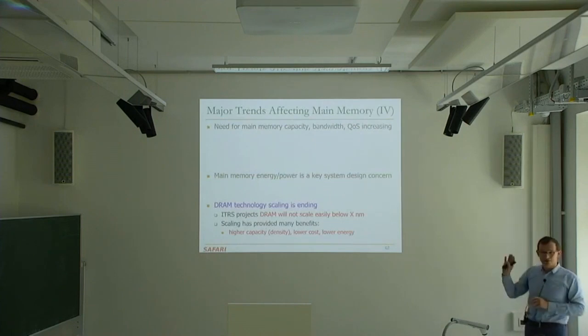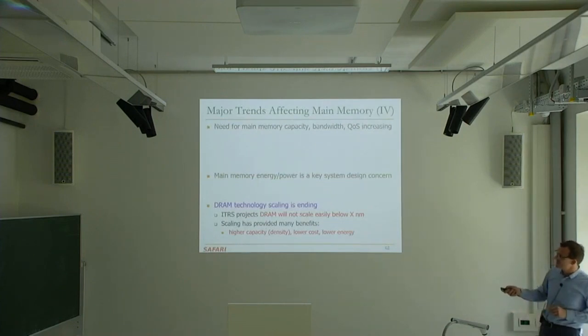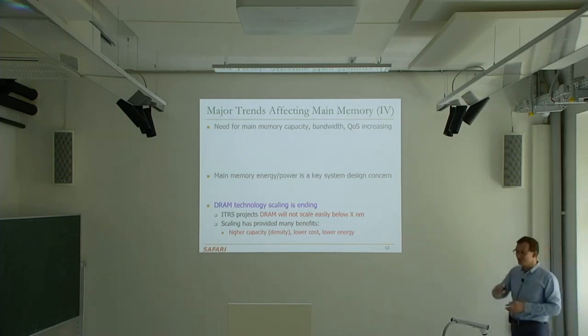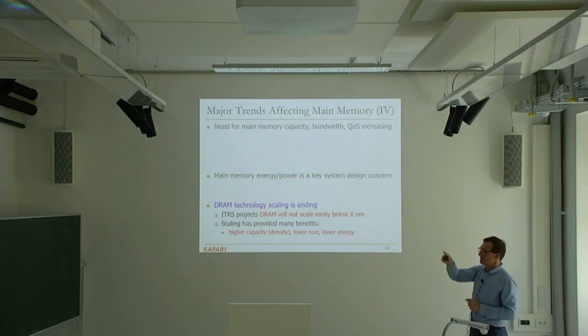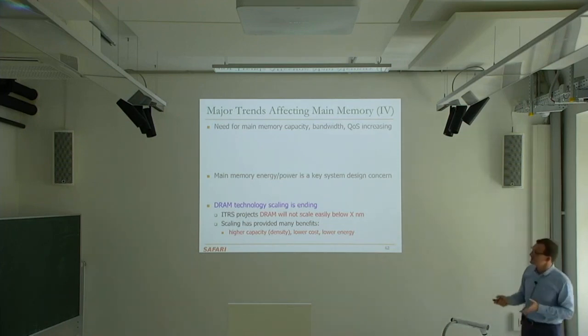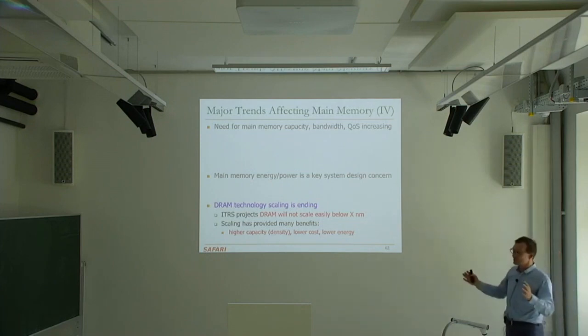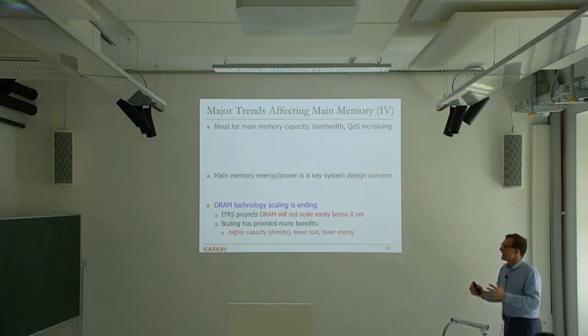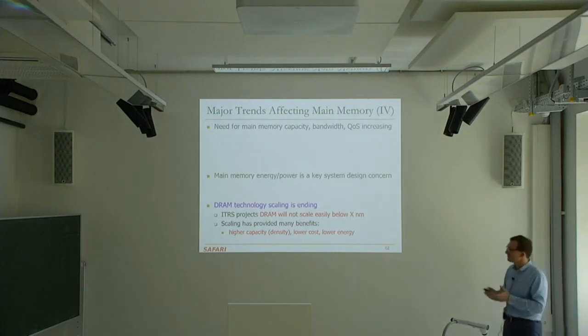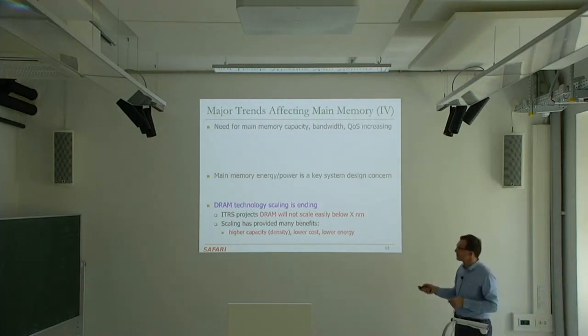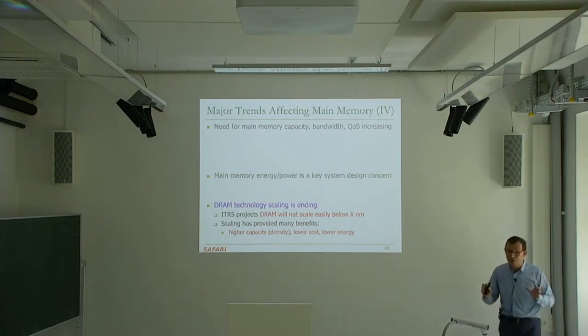Okay, so the third major trend on top of this is that we're having difficulties with technology scaling. That's why you see that curve of capacity increasing exponentially. Well, linear means exponential in a log scale, as you can see, right? But it's flattening out, and we're having problems with it. So what does technology scaling mean? Technology scaling is reducing the size of a circuit, right? And as you reduce the size of the circuit, you get higher capacity per area, which is good, density, lower cost, and lower energy, or reasonable energy at least.